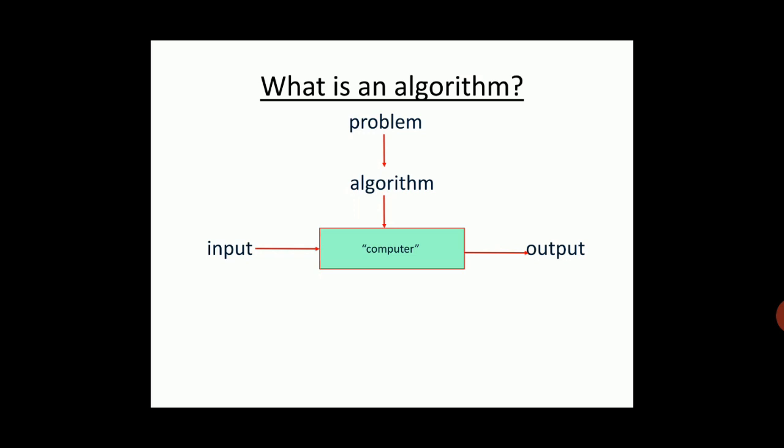What is an algorithm? An algorithm is a set of instructions, as we know, which is used for good programming. So if you have a problem,